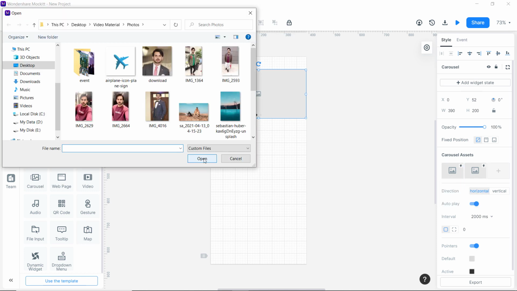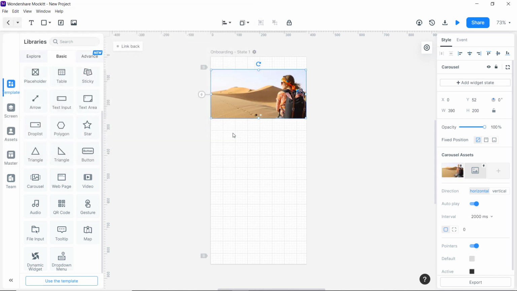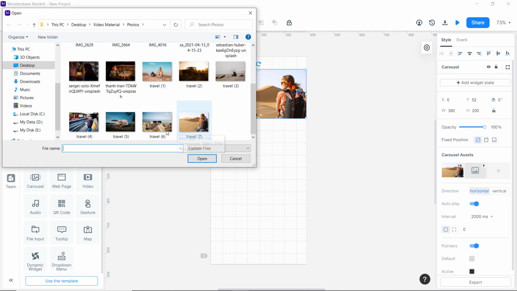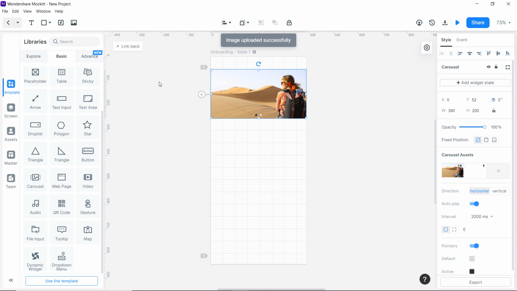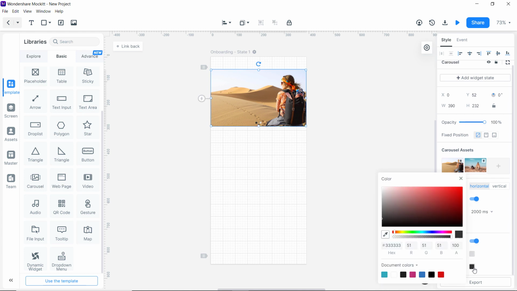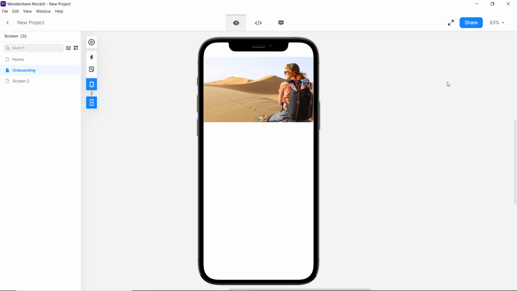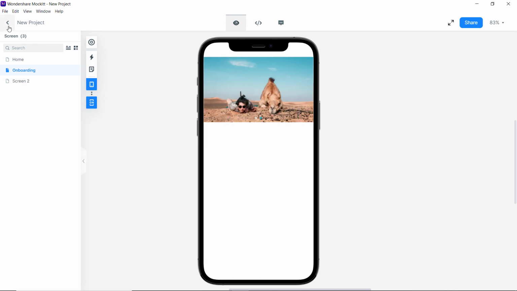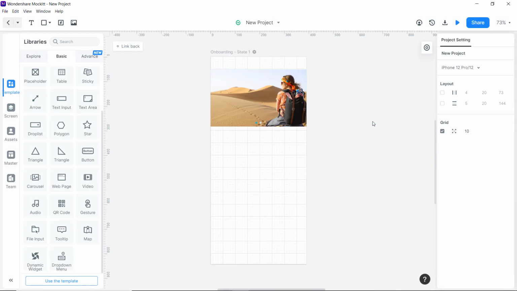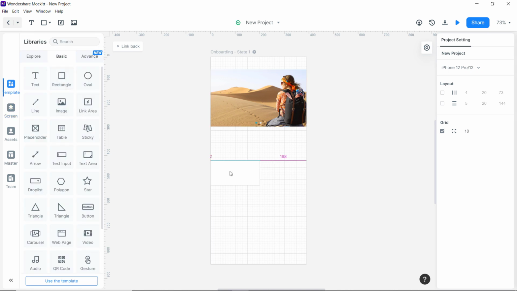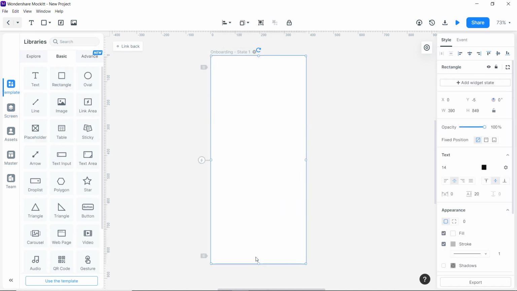I am going to provide the images to show in the slider and you can add extra images as well. And here I am going to customize it to the look and feel of the application. So instead of this black color, I will make it a little bit teal. How cool is that? With just a few clicks, you have this wonderful slider in place. Now it's time to copy paste again.